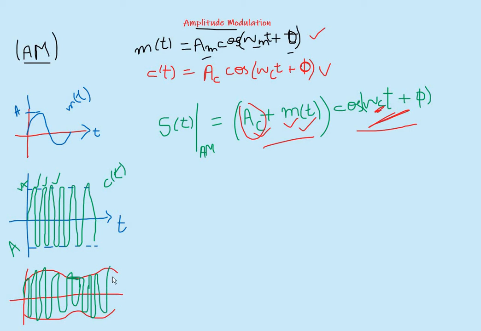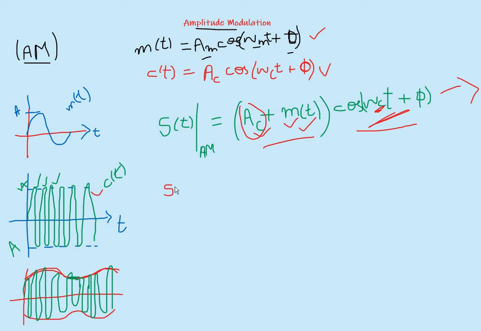The carrier signal amplitude is changing, and it is changing with respect to the amplitude of the message signal. This is the amplitude of the message signal, and with respect to this only, the amplitude of the carrier signal is changing. Understood? Now, coming to this equation, this particular equation we observed, now we have to simplify it. We have to find a general equation.